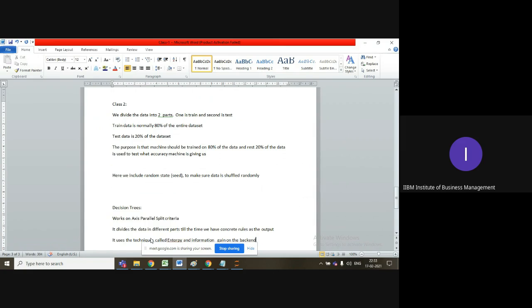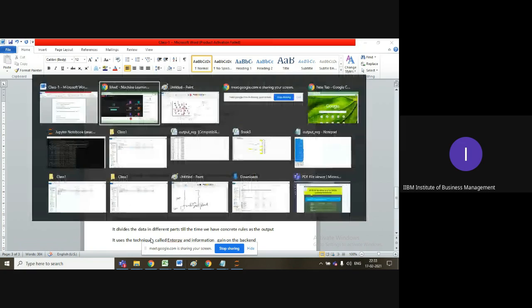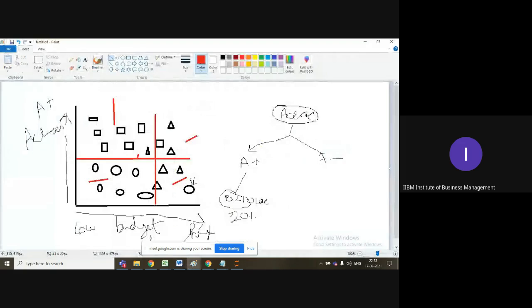Okay, so I'll not explain how this works in detail. I'll just explain a bit of the theory to you, like this only. So till now,